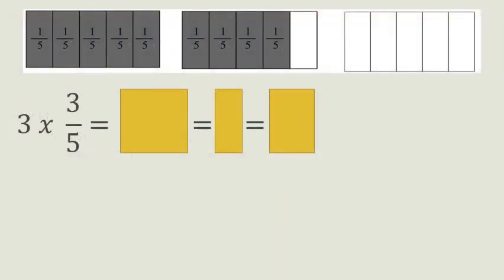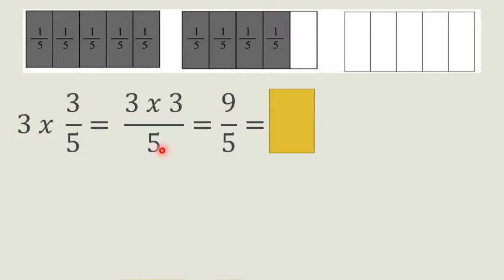Okay, so paano naman siya kung isosolve natin siya mismo? We have 3 times 3/5. Ang 3 times 3/5 po, yung whole number na 3 ay minumultiply natin sa numerator. So, 3 times 3 is 9. Kasi ang whole number, minumultiply natin sa numerator sa taas. And 5, kokopyahin lang po natin siya. So, magiging 9/5. And then, yung 9/5 po ay